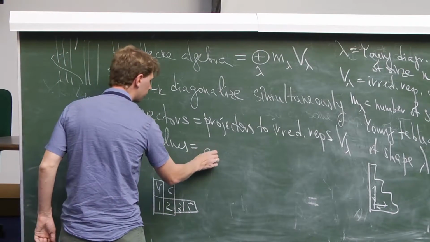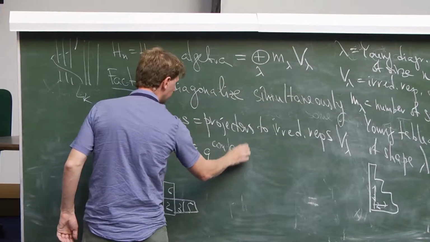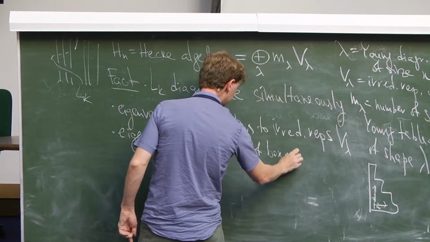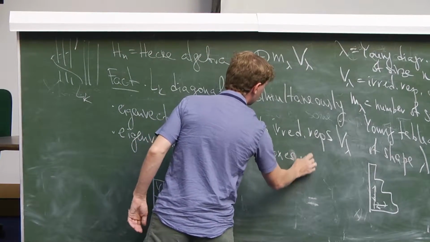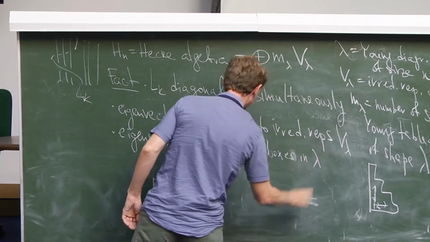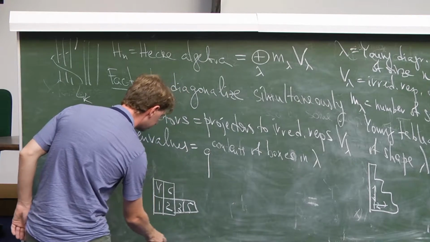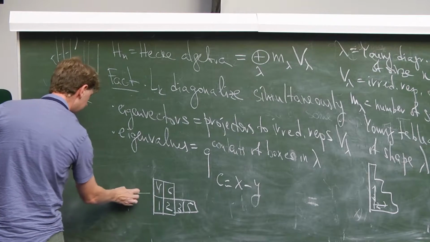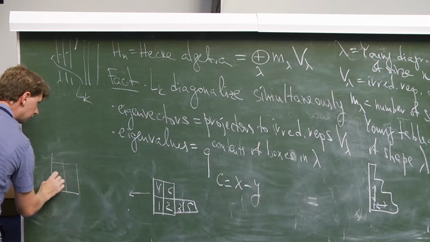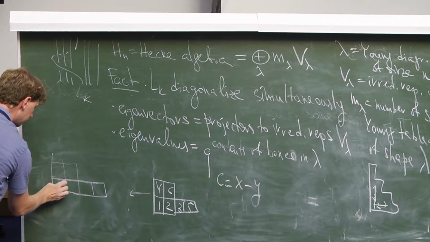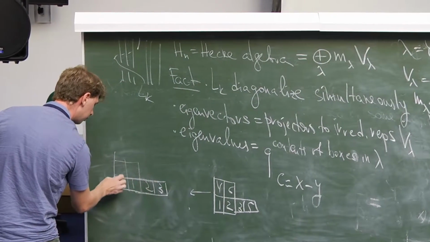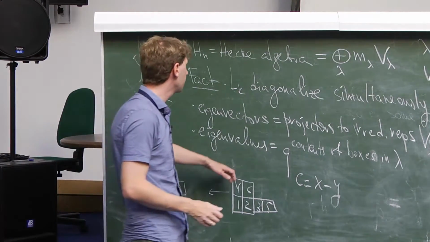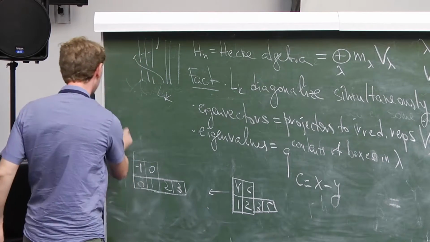So the eigenvalues are q to the power of the contents of the boxes in lambda. Here, the content of a box is the difference between its x coordinate and y coordinate. And so here the contents will be 0, 1, 2, 3, minus 1, 0. And so the eigenvalues of Lk will be, again,